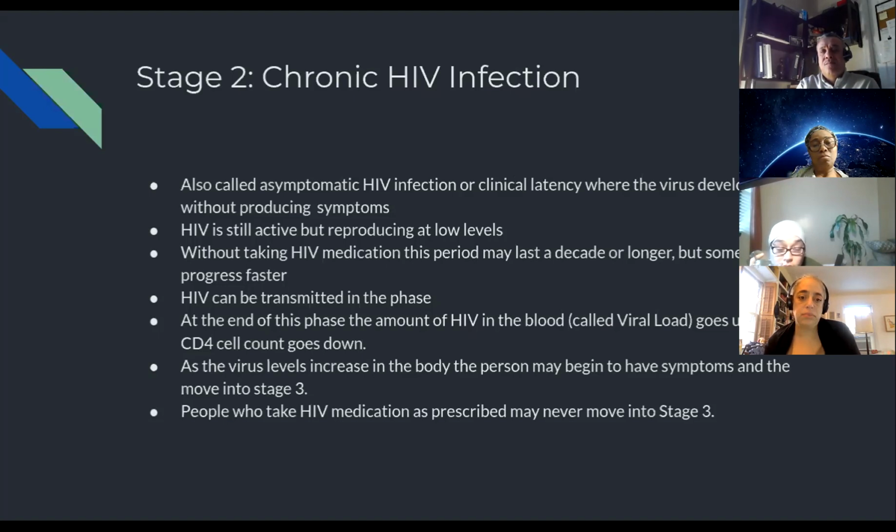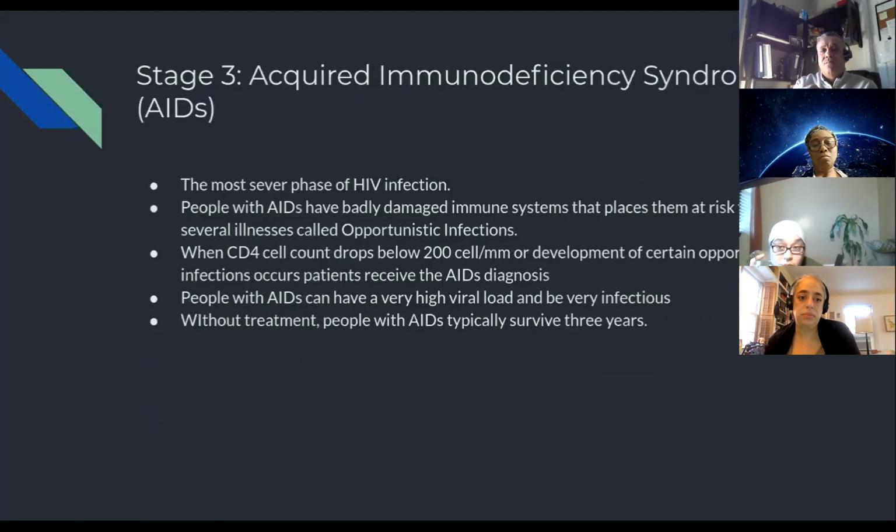But people who take their HIV medication as prescribed usually never move into stage 3. So stage 3 would be when they get their AIDS diagnosis. So it's the most severe phase of HIV. People with AIDS have a very badly damaged immune system, so it places them at risk for severe illnesses called opportunistic infections. When the CD4 positive cell count drops below 200 cells, they develop a certain opportunistic infection, the patient